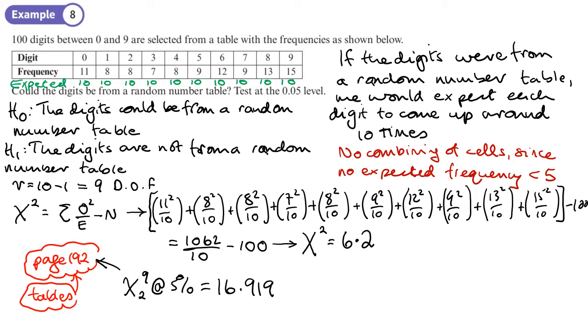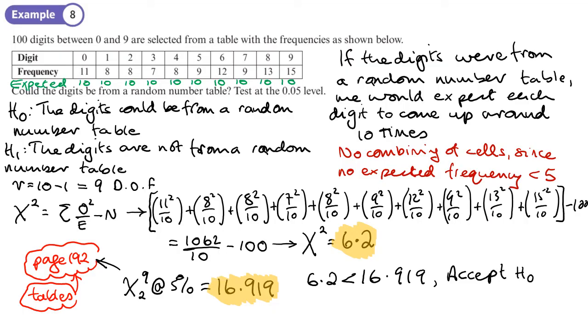Well, the variance, and I use this word loosely, the spread that we worked out was 6.2, and the table says you can go up to a spread of 16.919 and it will fit the distribution. The lower the spread, the better it fits the distribution. So in this case, our calculated value of x squared was less than our critical value. Less is better. Less means a better fit, less spread from H0, which means that we accept H0,